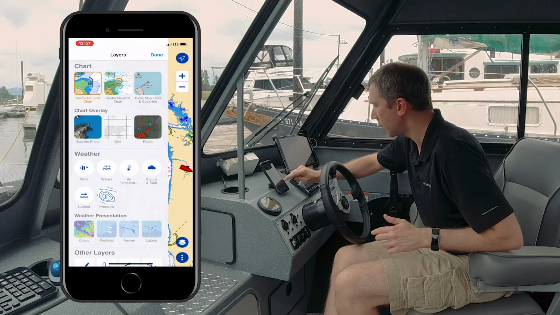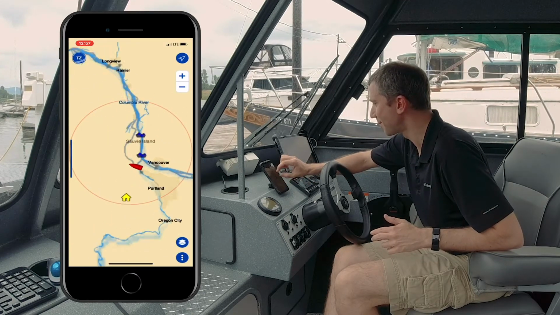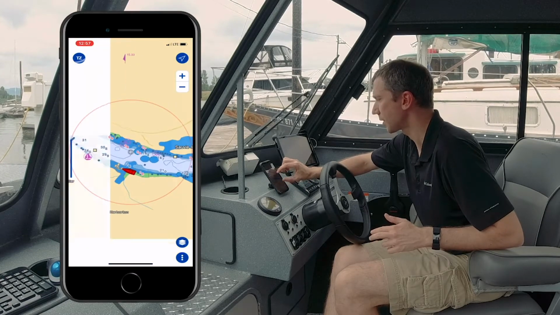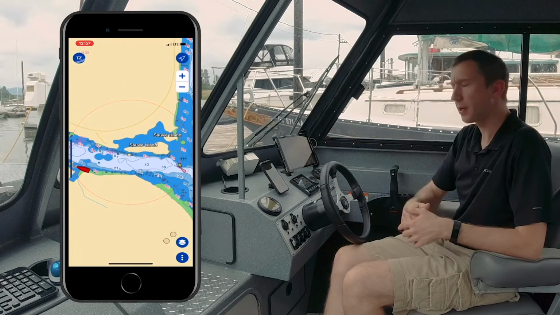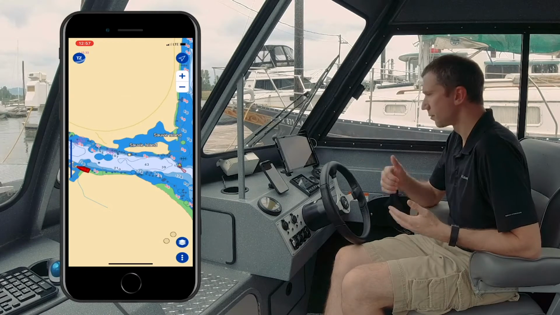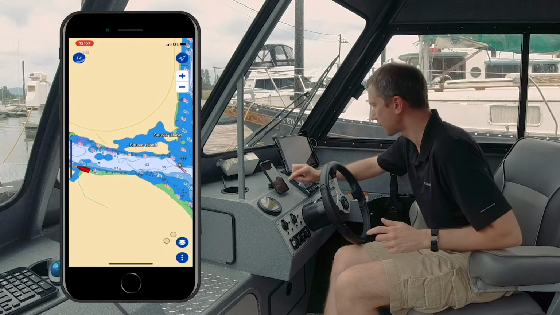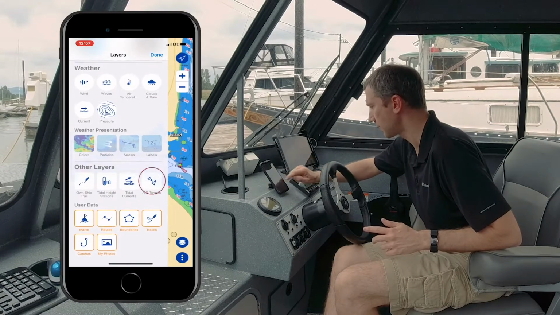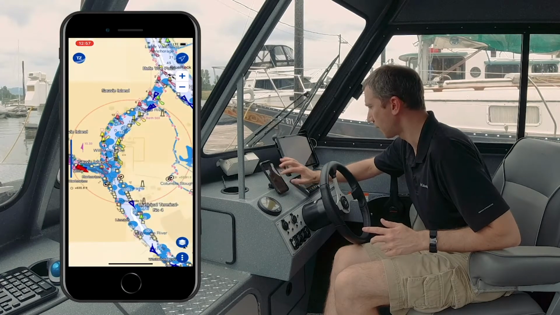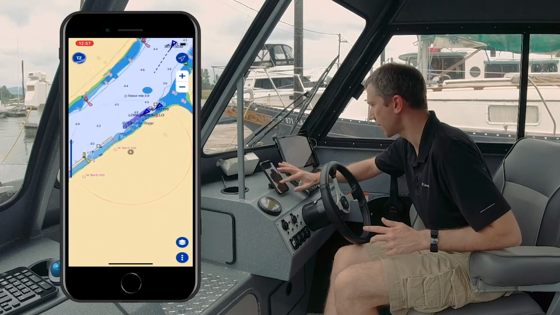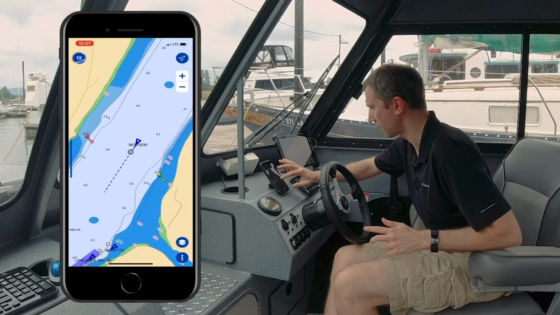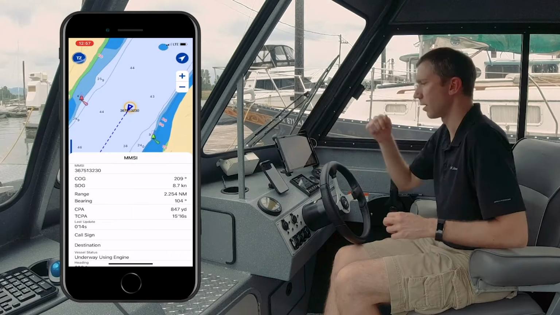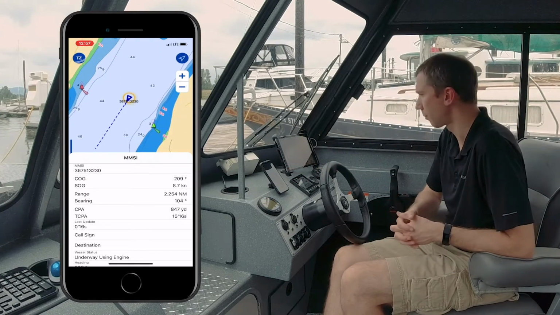So here on our small test boat, we are connected to a wireless gateway that sends us AIS information. So TZIbot is of course compatible with AIS as well. So you can tap on the layer again and select AIS, and now we will see all the AIS icons. So for example, here I have a target which is moving, and if I tap on that target, I will get all of the detail and all of the information.